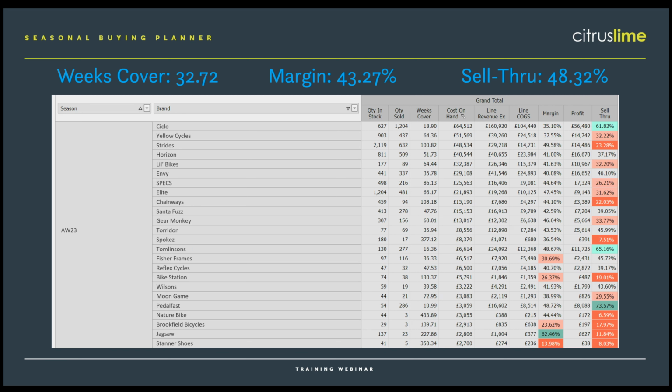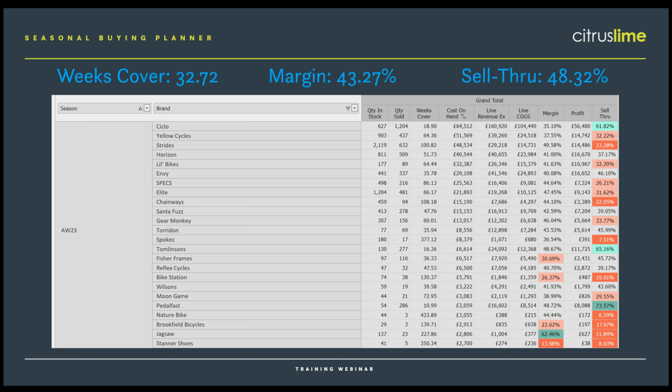Absolutely. So if I just summarise as well, one of the things we've said about a strategy to approach this: we're looking for those high performers in sell-through and margin, as we've seen already, and then comparing against the week's cover and the cost on hand. And then we're thinking, well, what did we spend with that brand for our previous season or the previous year? That bit there is your cost of goods on hand, plus your line cost of goods sold for that time period. That gives us a ballpark figure of what we bought in, and then we can think, right, do we want to push that higher for next year's budget, or do we want to reduce it, and where are we allocating that budget? So that sounds great. It really takes the risk out of your investments here,